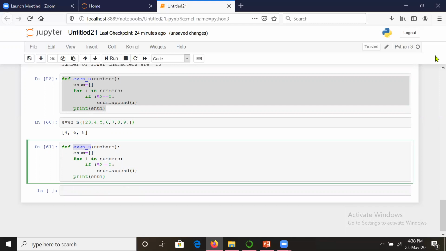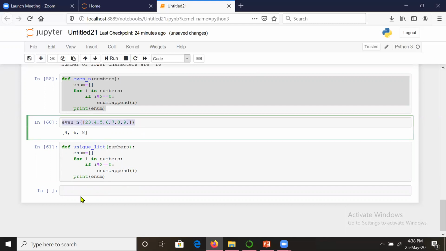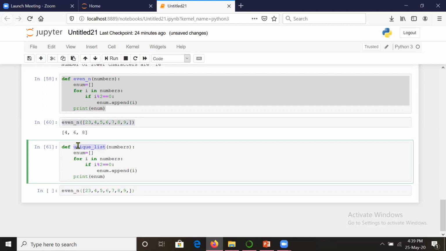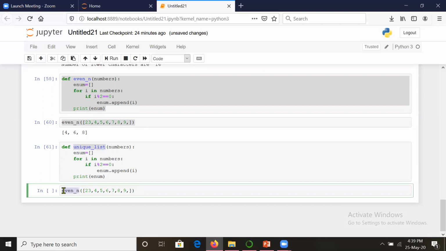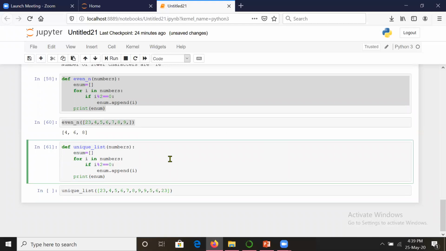What I mean to say is, suppose I will be calling this function, and the function will return me the unique values. Suppose here 9 is getting repeated, suppose 5 is repeated, suppose 6 is repeated, but it won't give me the repeated values, it will give me each value only once. Okay, such an interesting program, right?